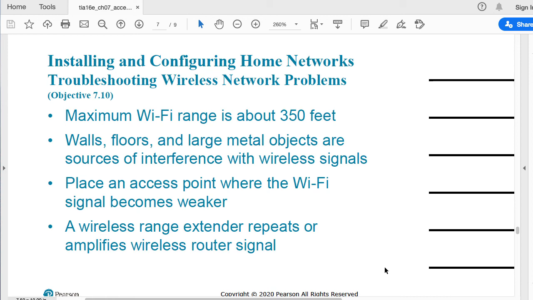Okay, fine, great. If you do that, it works perfectly. If it doesn't, and even doing that you cannot get access in the bathroom, what can you do? You can use a wireless range extender or repeater, or a signal repeater, or also called a WPS.